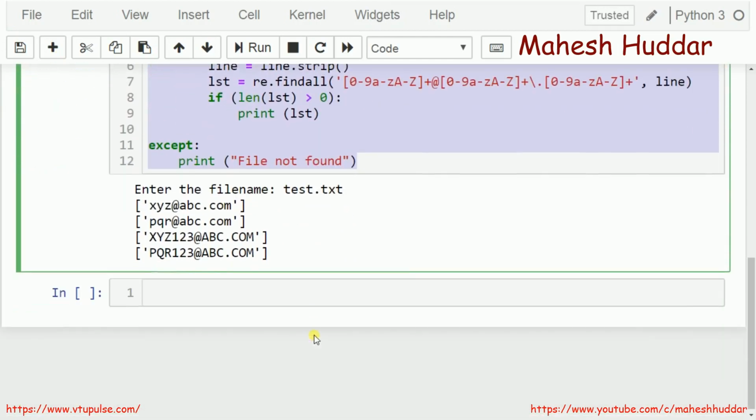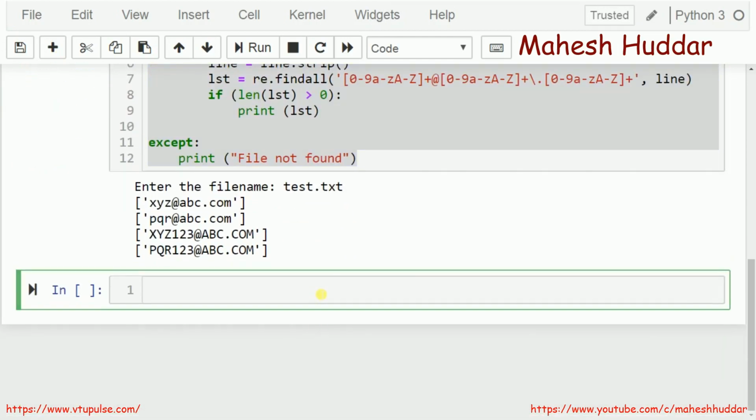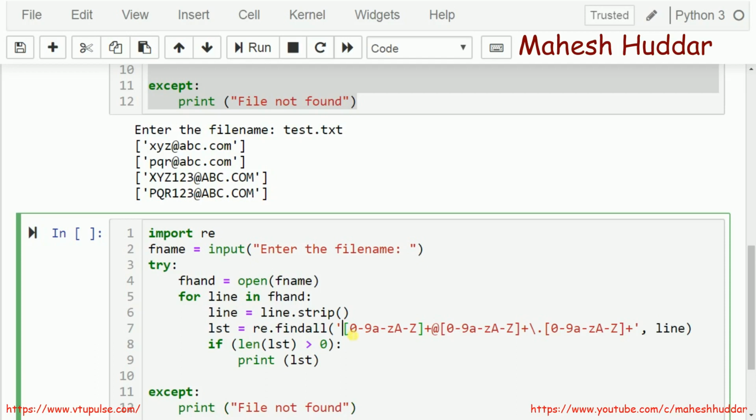Now I will write the extended version of this one, where I will not be using this particular regular expression. I will be using the same regular expression, but in shorthand. So rather than writing this 0 to 9, A to Z, A to Z, I can use \w. What is the meaning of \w? \w is nothing but alphanumeric values. So rather than writing that